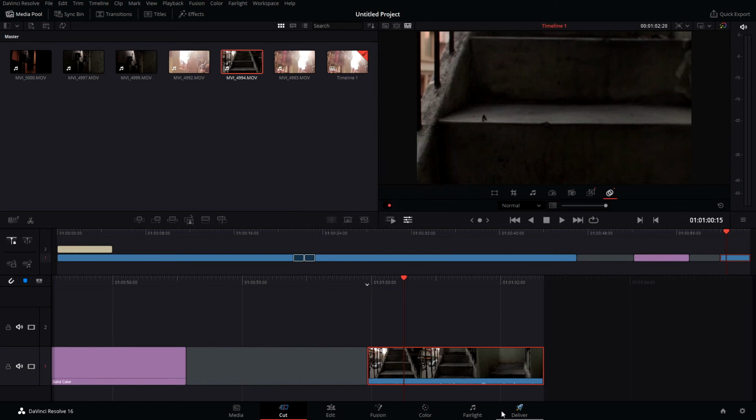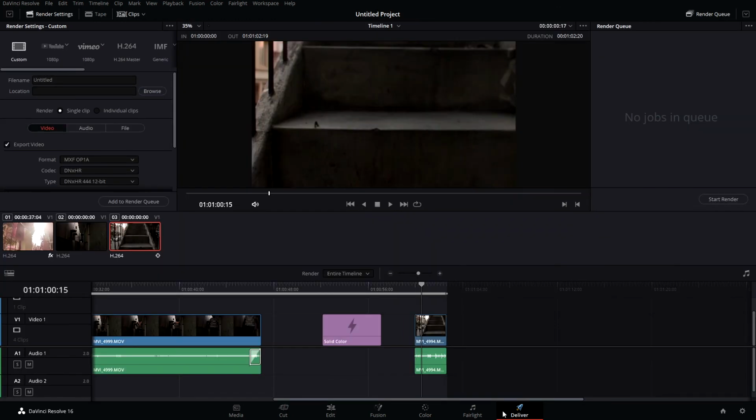You can export it from here, or else you can go to the deliver page, where you will have lots of formats to export. You can even export to a Premiere Pro project, Avid AAF format, which is the Media Composer format, Pro Tools, even Final Cut Pro from here, if you want to do so. You can even import from all these software. Here there are options like YouTube, Vimeo, H264. Then we have many other formats over here, which will be okay when you are at an intermediate level.